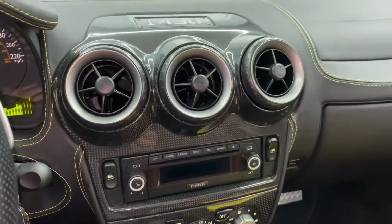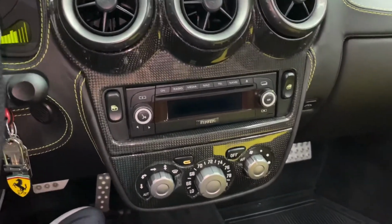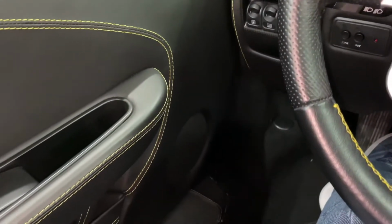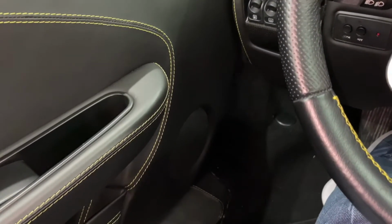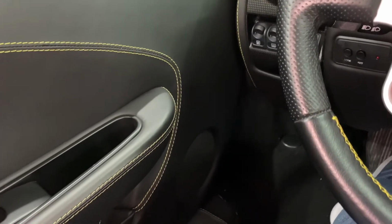So, all right, that's it. This was a pretty long series. So basically just go through and show you how to change the door speaker in this Ferrari 430. Hope this help you out if you're trying to do this kind of project. Basically everything that we've done here,